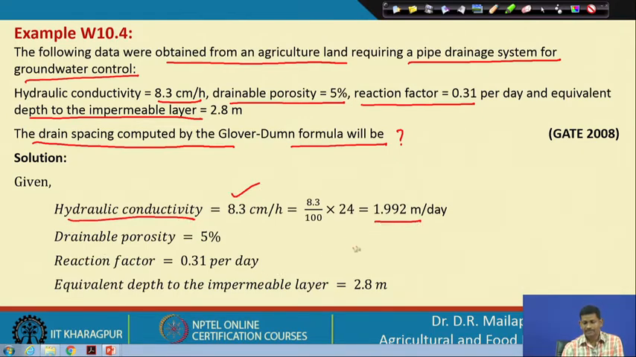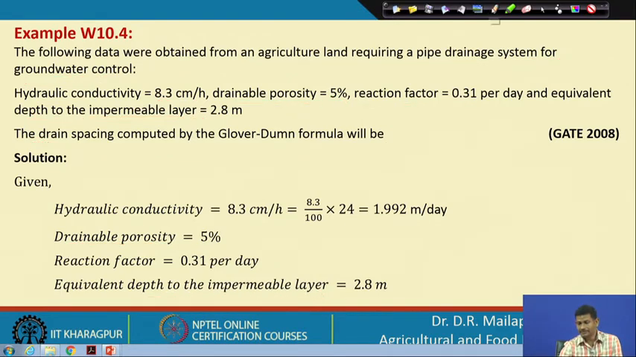So, that is 1.992 meter per day, and drainable porosity is 5%, reaction factor alpha is 0.31 per day, and equivalent depth through the impermeable layer is 2.8 meter. So, with this data